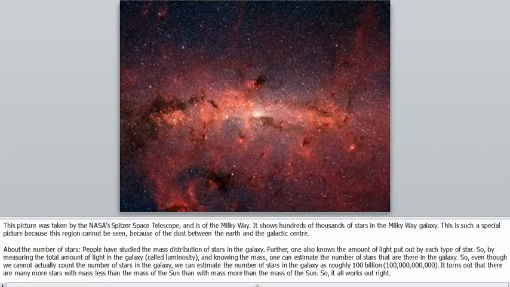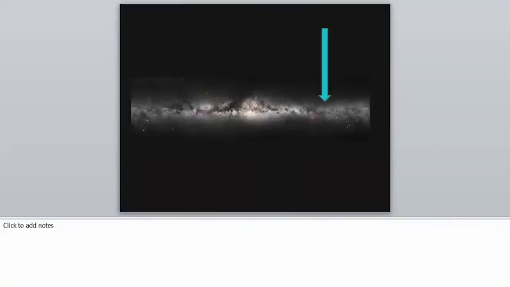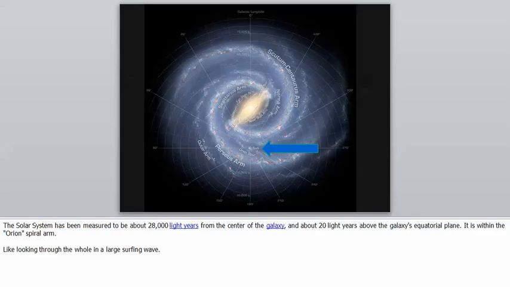So we talk about how big the Milky Way galaxy is, and there's our location in the Milky Way galaxy. As you know, if you go to a pancake place, you're going to see what the Milky Way looks like if you put the egg right in the middle of a pancake, flat and kind of bulged in the middle. Interestingly, from the top you see that here we are on the Orion spur. There's our sun. So our solar system is located just on the edge of the Orion spur.